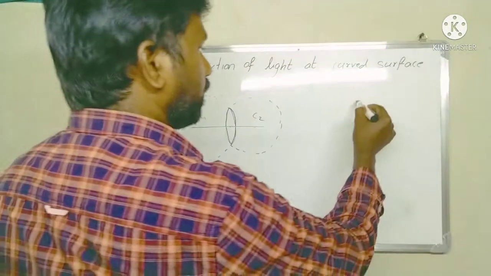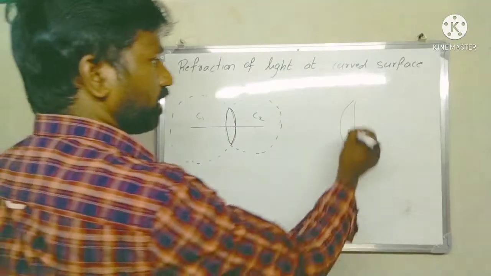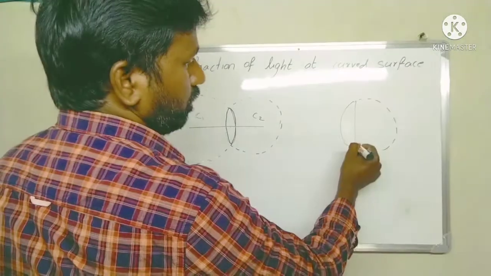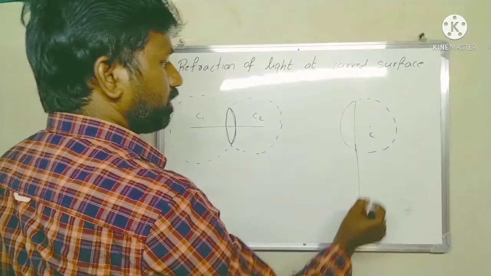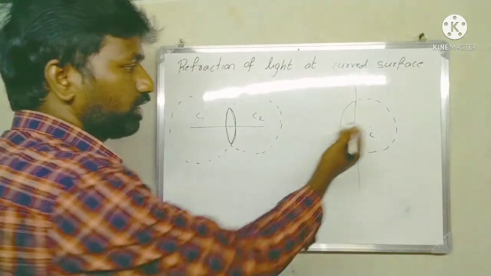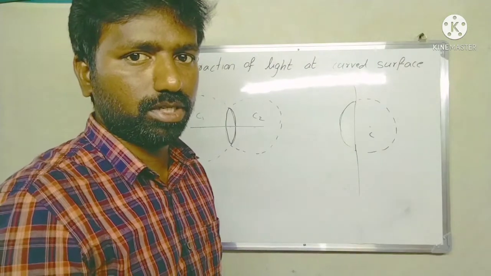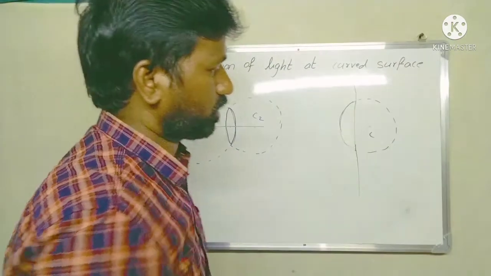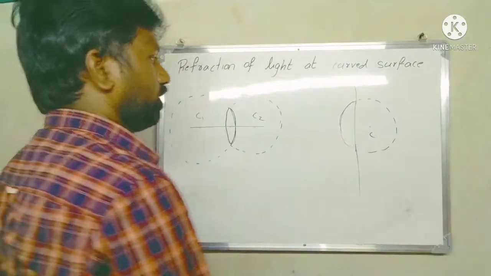If you take a plano-convex lens and take an imaginary sphere for the curved side, this is the center, only C. Why? Because if there is a curve, there is compulsorily a center, but a plane surface is like a straight line, and a straight line doesn't have a center of curvature.